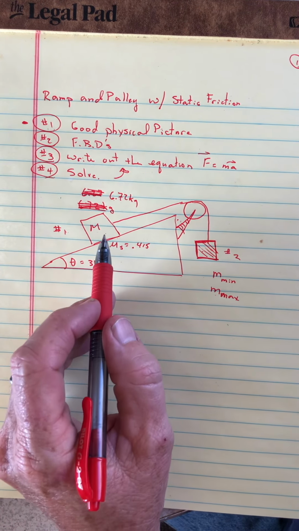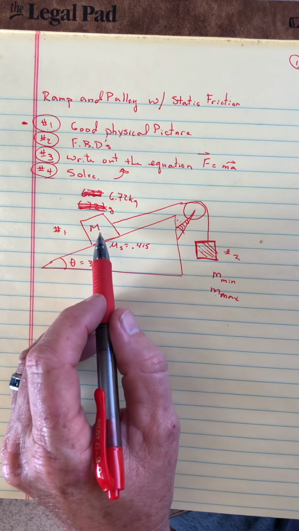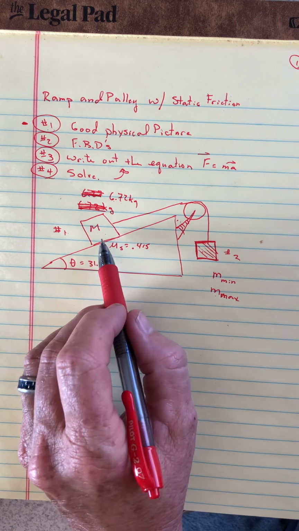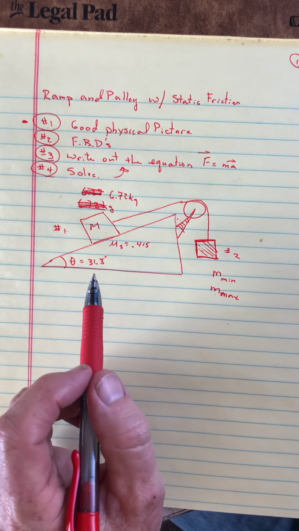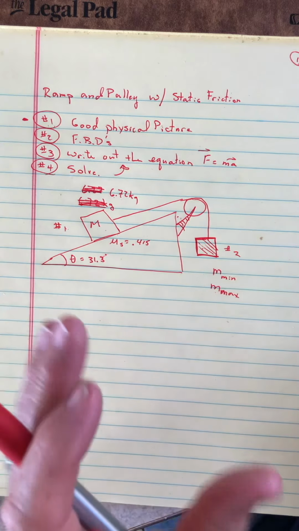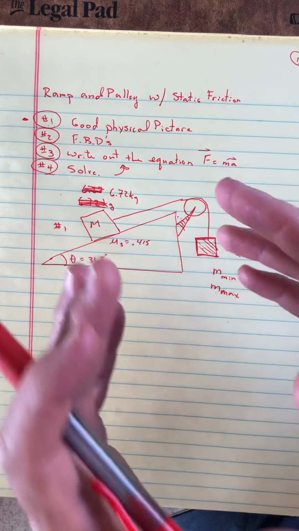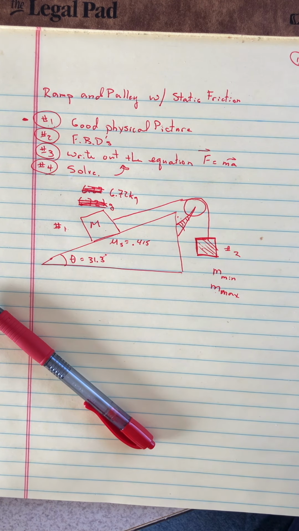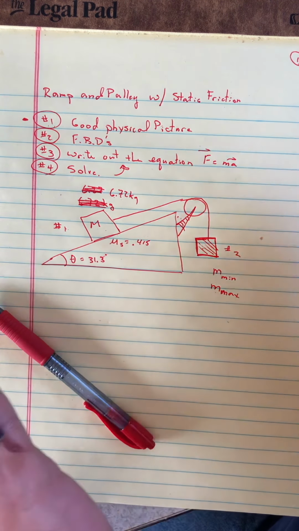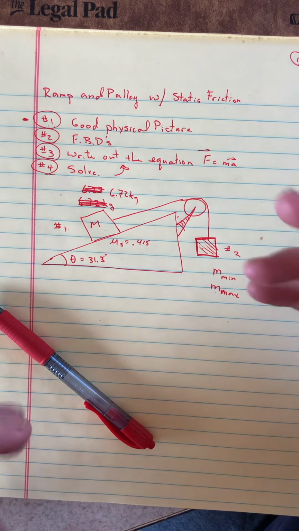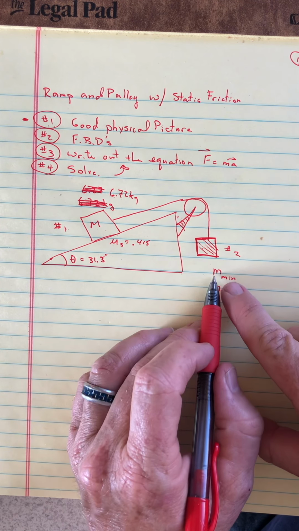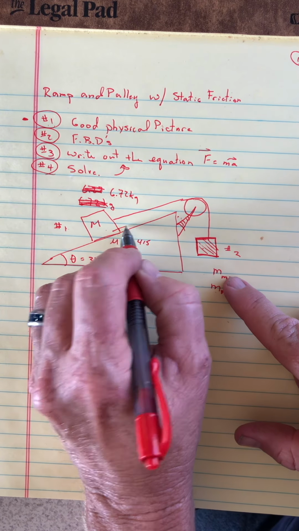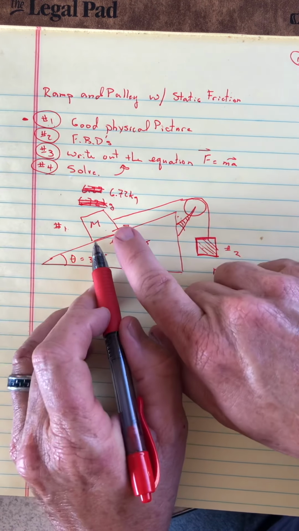Of course, resisting it from going up would also be the static friction, because now the static friction would be opposing the direction. And in fact, that's probably one of the most important parts of this step 1 and getting a good physical picture, is realizing why there is a minimum and maximum, why there is this range. And the big thing here is when we're talking about the minimum,